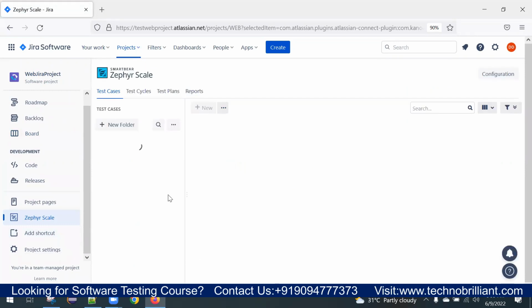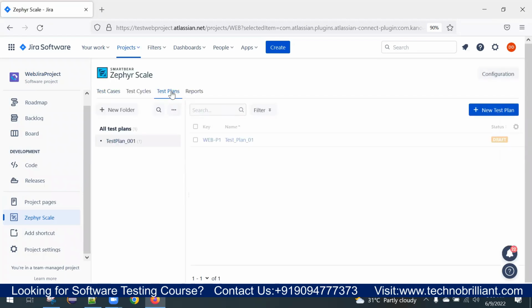Fine. See, the first step is for test cases, right? We can create the test plan from the test plan window. Basically, this task is related to your TL, that is the test lead, or your team lead, project lead. Okay, so these people prepare the test plan, and once this test plan is created, the scope